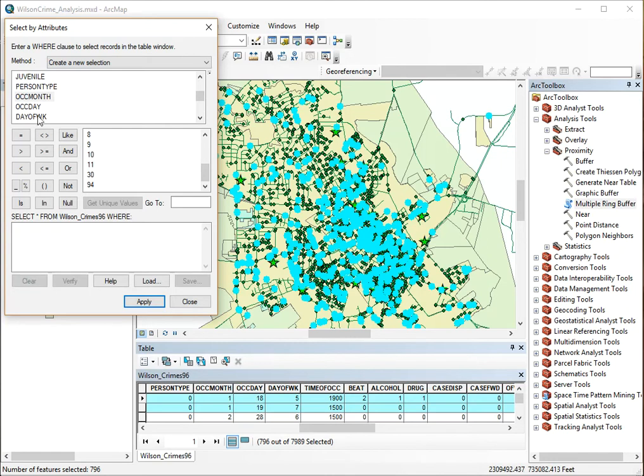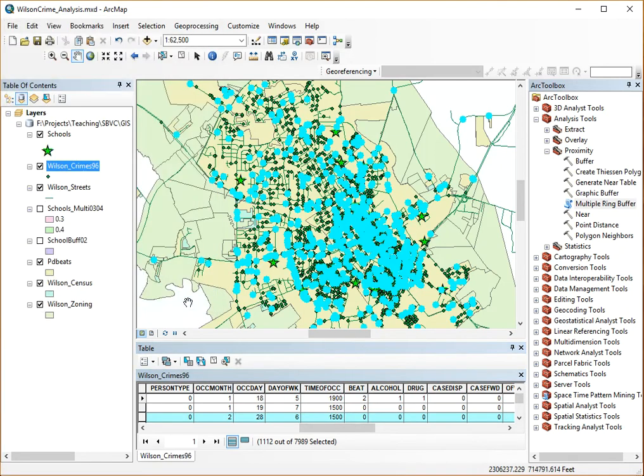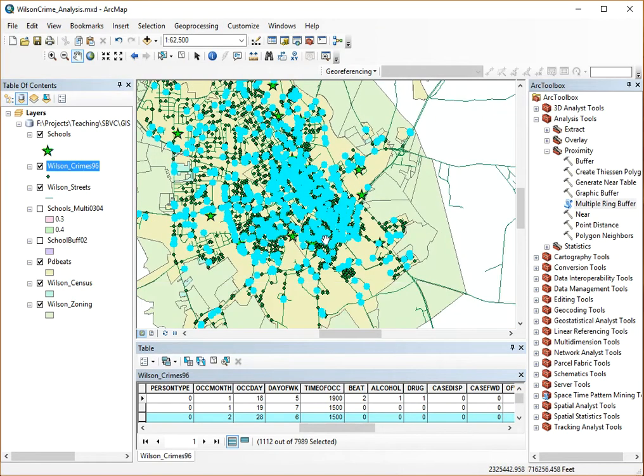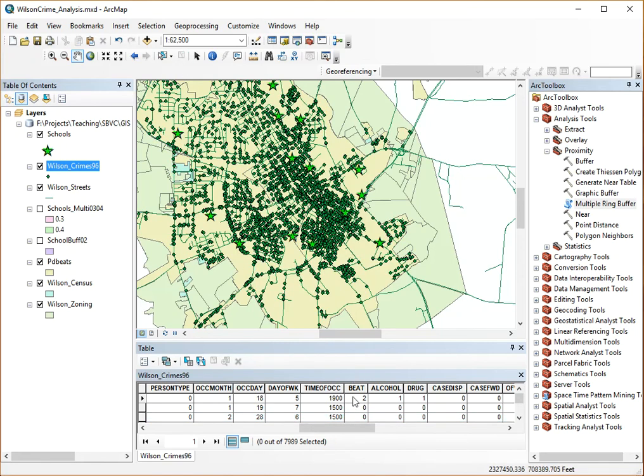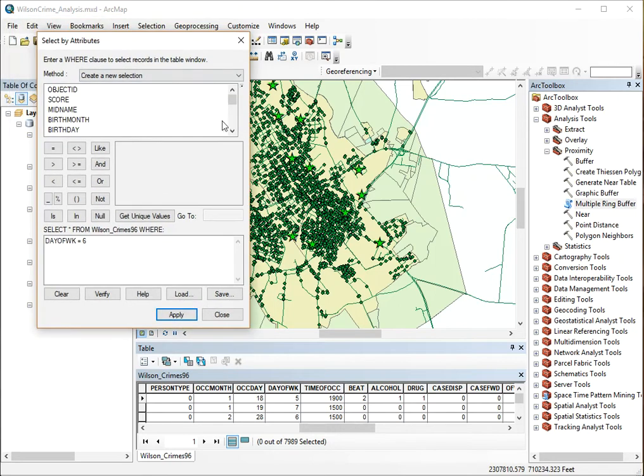So let's build something for day of week, and say 6, let's say the 6th day of the week. We can also answer questions like that as well. So this is a basic query. And then we even have time of occurrence. If we want to build a query to select all crimes, the time of occurrence should be